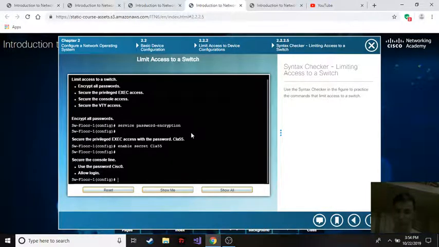So the next thing we need to do is secure the console line. In order to secure the console line, first the requirements are to use the password Cisco and then allow login. So in order to secure the console access, we need to type the command